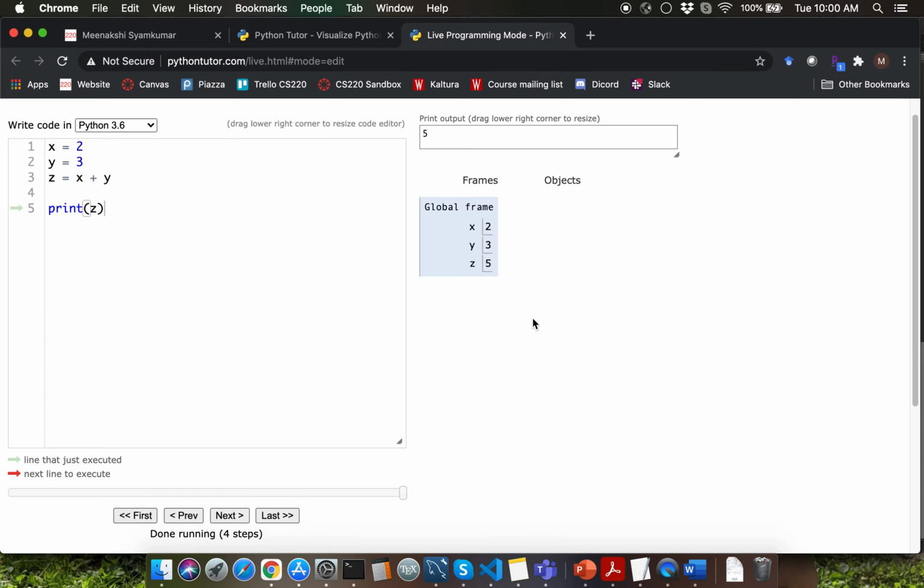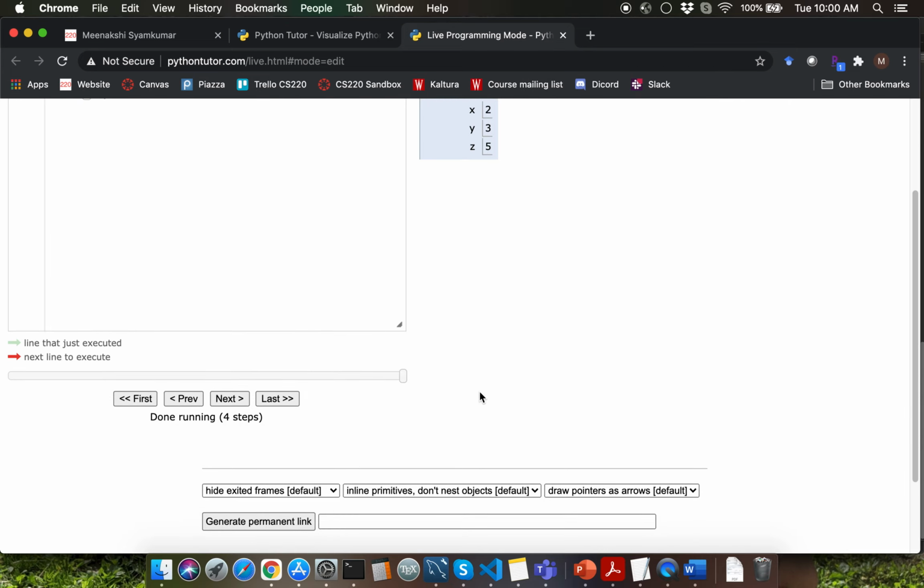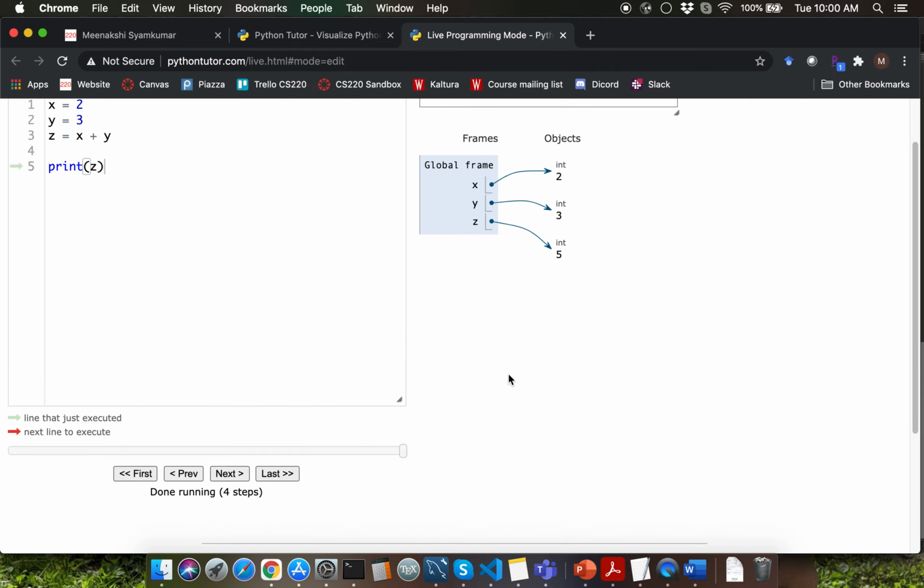In the Downey book, you might see a different view here with respect to visualization. So if you scroll all the way down, you will find a drop box which says inline primitives, don't nest objects. So if you switch that to render all objects on heap, Python, you're going to see a different output here for the visualization.